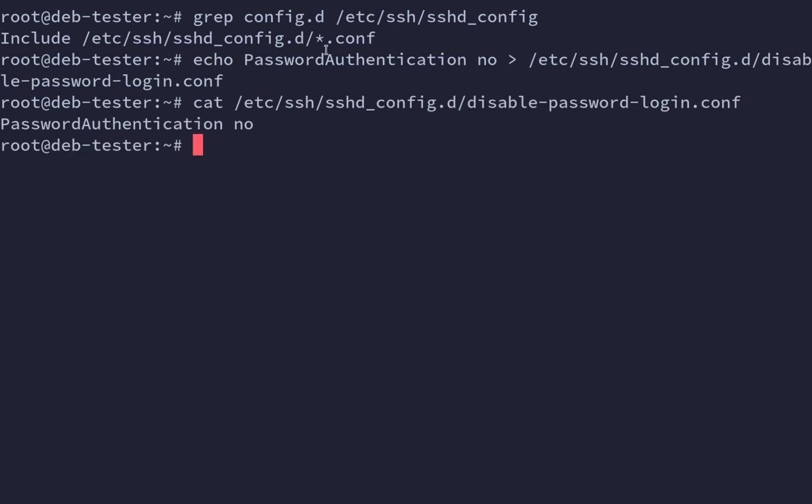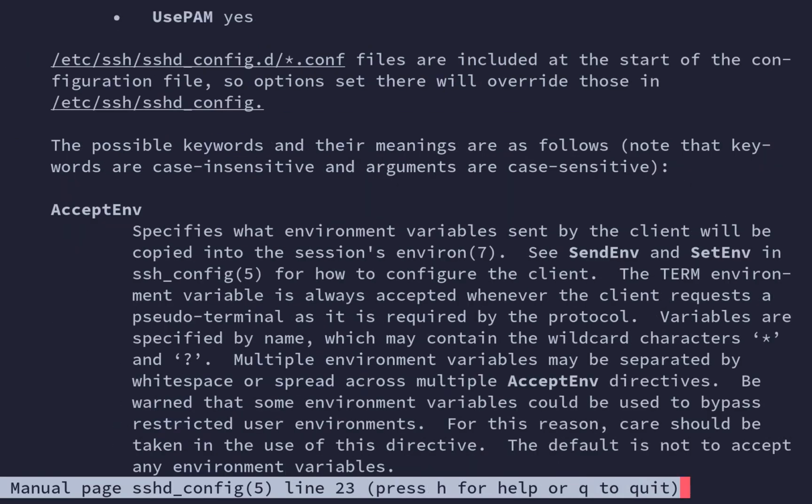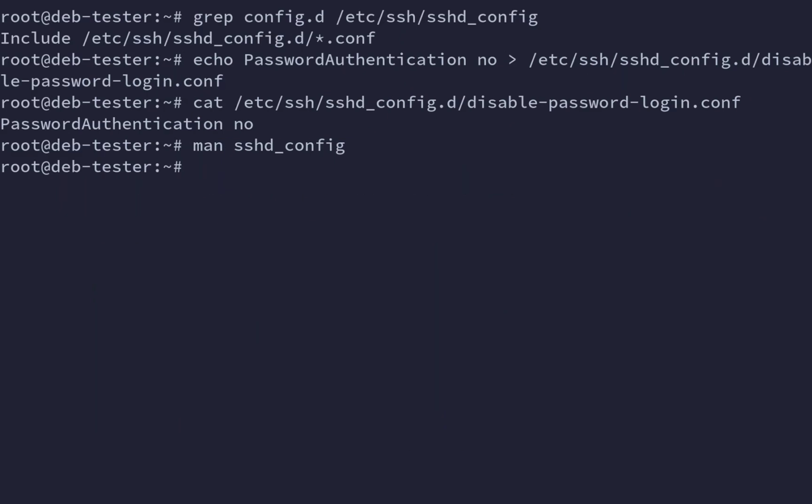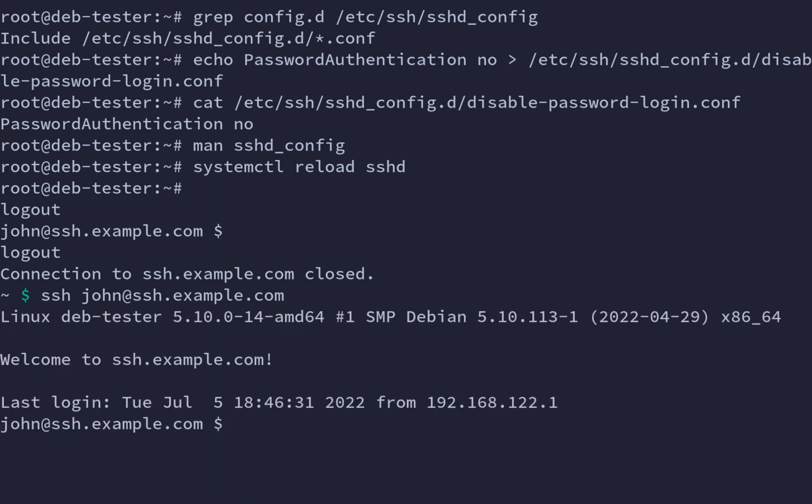So now I've created a file called disablepasswordlogin.conf, and it has one setting, PasswordAuthentication. And of course you can look up, if you don't remember the setting, it has a good man page. So the last thing that we need to do is to reload the configuration. So that's systemctl reload ssh, and now, next time I log in, well, I have my SSH key added,